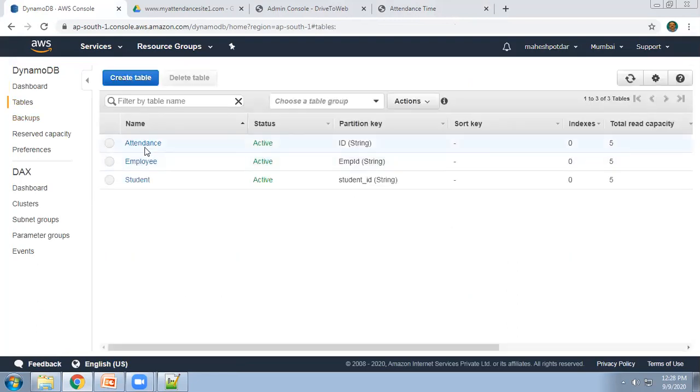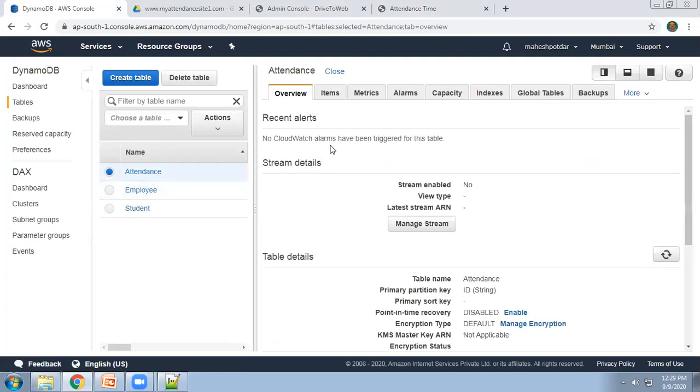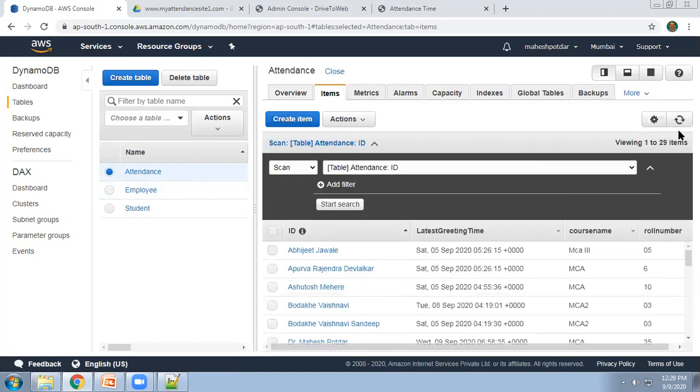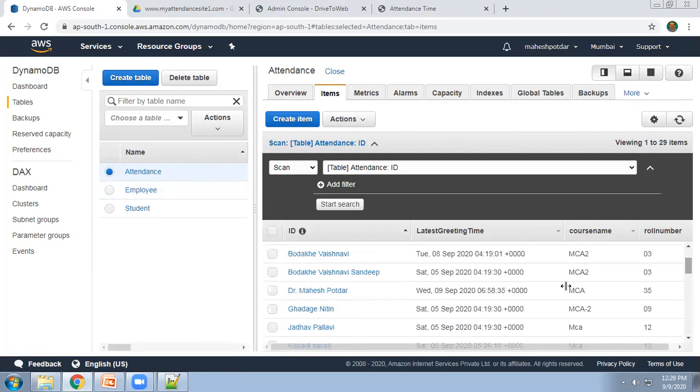I am opening the attendance table, and in that attendance table, click on items and just refresh. So see here, this record is roll number 35, MCA, today's date, and the student ID. So name, date, MCA, and roll number. So all the record is added successfully.